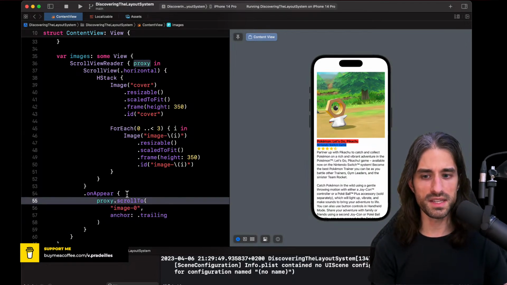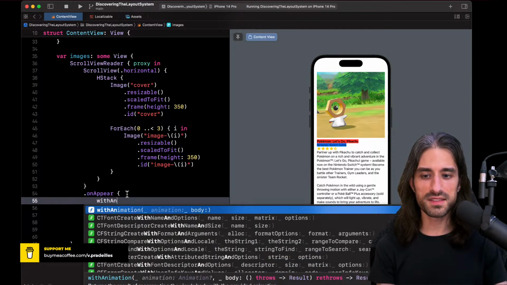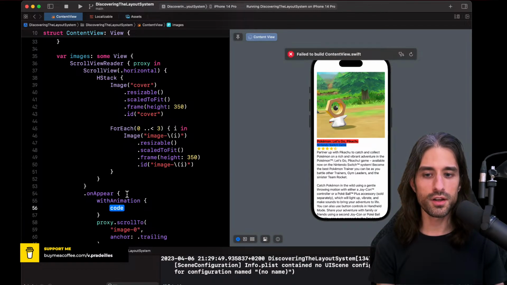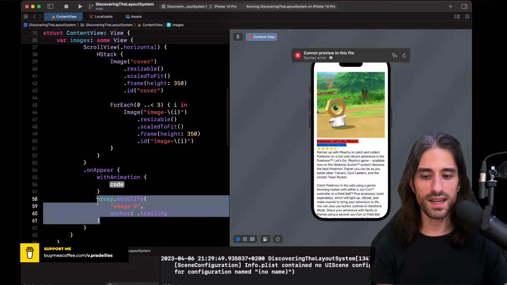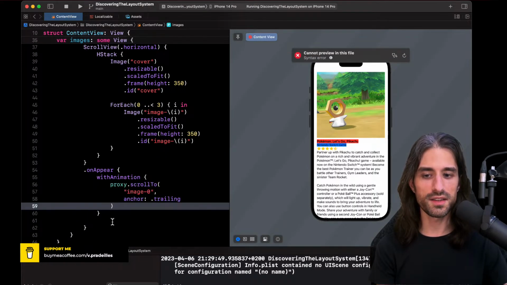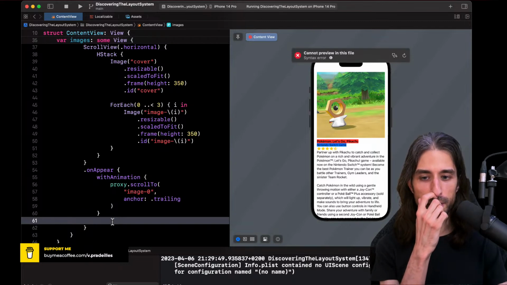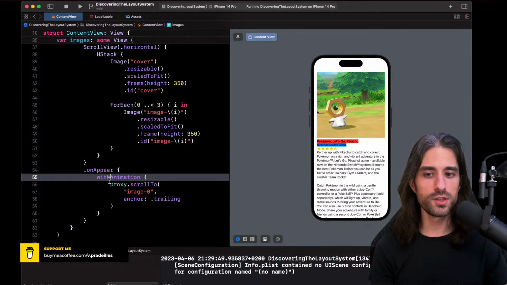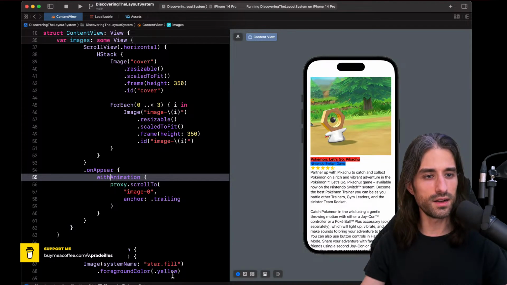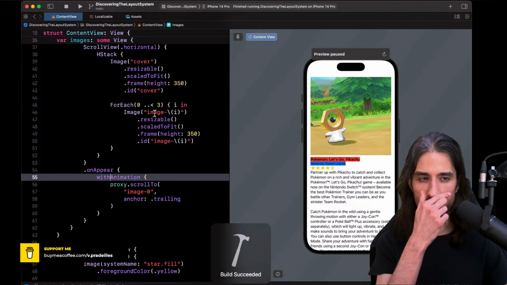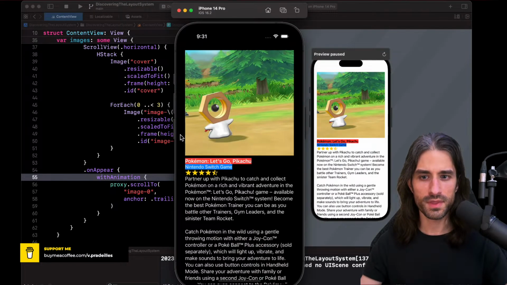If you want that effect to be animated, you need to pass it to the function withAnimation, which takes a body, and inside that body, you do your side effect, which should generate an animation. So using withAnimation is very similar to using UIView.animate in UIKit. And so now, I don't know if there is a way to restart the preview, but I can just relaunch the code in the simulator.